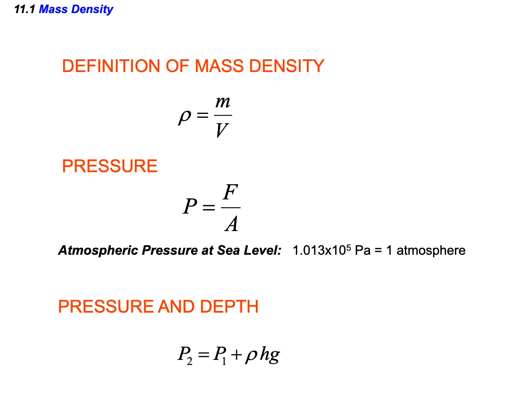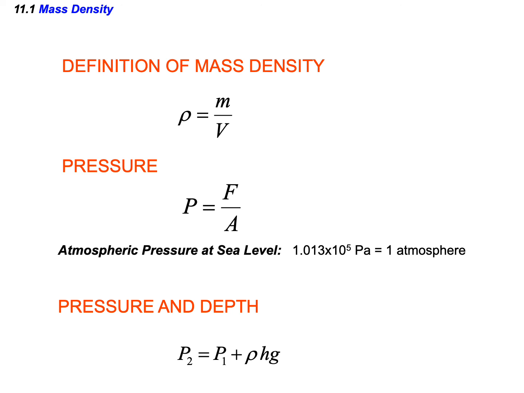We already talked about the density, which is we use rho for density. This is the notation. Mass over volume. Pressure, we use P for pressure. Force over area. And also we talk about atmospheric pressure at sea level, which is 1.013 times 10 to 5